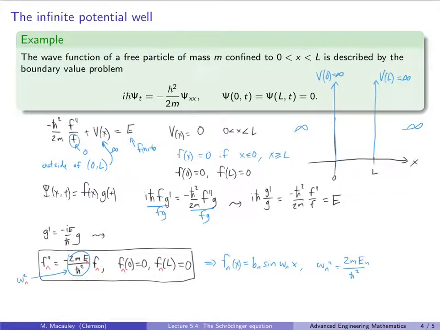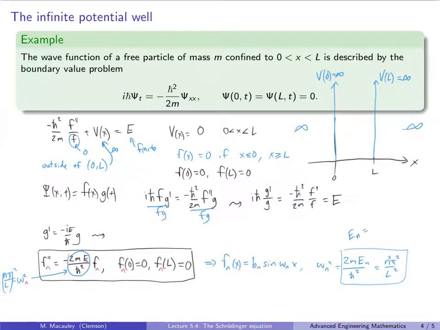So we also know that omega n squared is n pi over L, quantity squared. So if we set this equal to n squared pi squared over L squared, and we solve for En, the energy level, that's what we're interested in, that's the eigenvalue, we get that